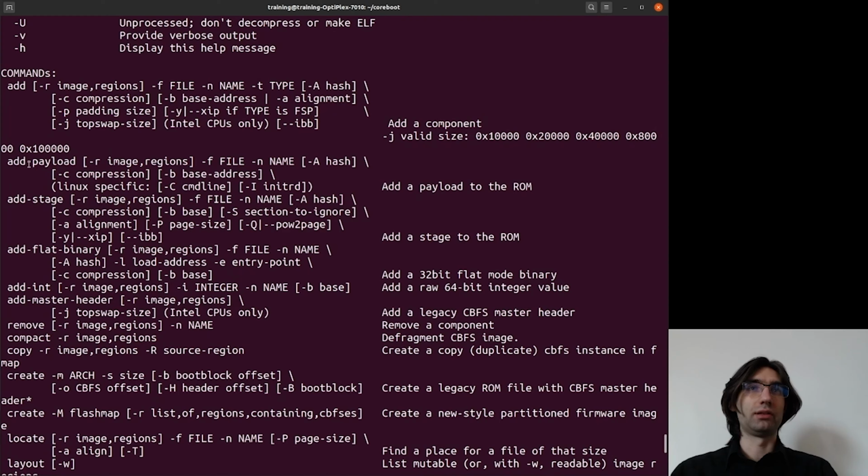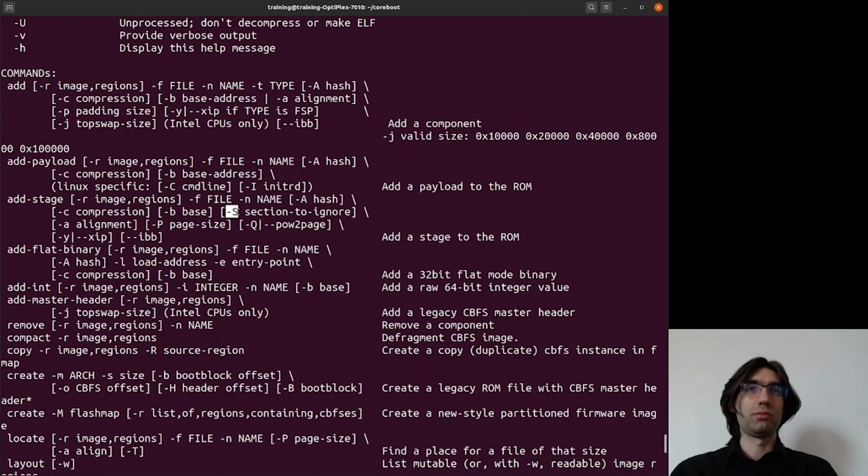We may also add a payload with the command add-payload. Basically, its syntax is similar to the add command. However, it may contain some payload specific options, like for example for Linux we can have additional command line and initial RAM disk. Add-stage is basically used for the coreboot stages only.